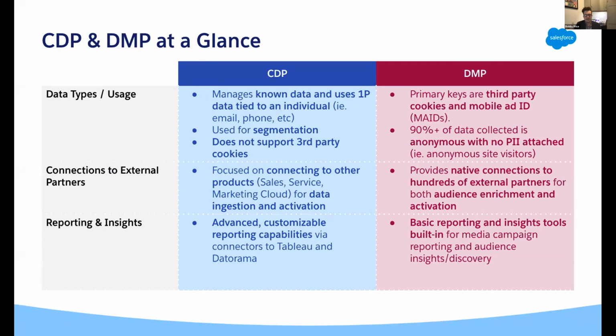Again, playing off the idea of transparency, the CDP will be focusing on known declarative IDs such as email or phone number, whereas the DMP's primary keys will be third-party IDs and those mobile ad IDs, or MAIDs as they're known. So this change in data types leads us to the next biggest platform change, which is the connections to external partners. The DMP has been in the market for more than 10 years. So with that, it offers over 100 different endpoints, most of which are using the cookies and the MAIDs we just mentioned. While that number is going to seem really impressive, we'll likely see this list trimmed down as the cookies and the MAIDs dry up.